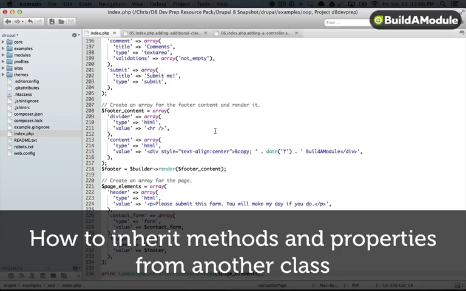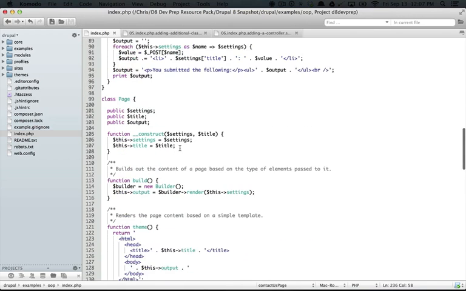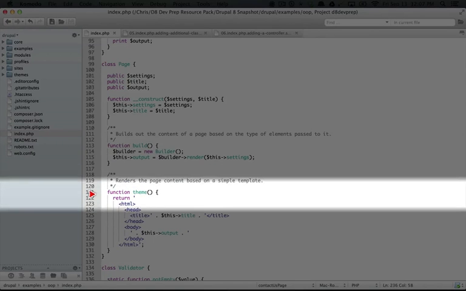In this next step, what we're going to do is deal with a change in requirements. So right now we have a page that renders output in a particular way for a default web page. But let's say we also want to render the page in a printer-friendly way. Now the code that deals with this template, if we scroll up here to our page class, is the page